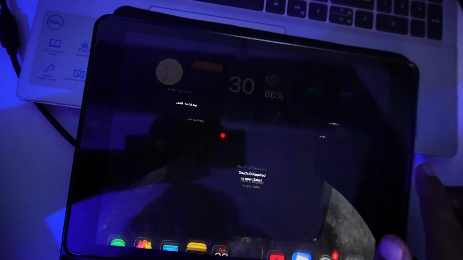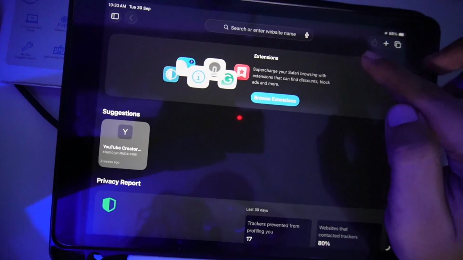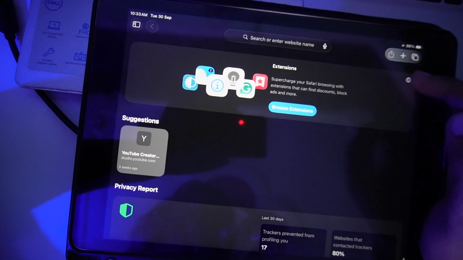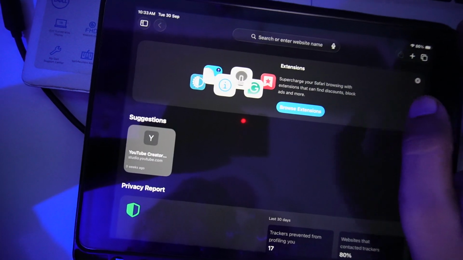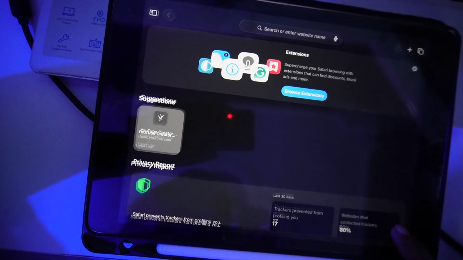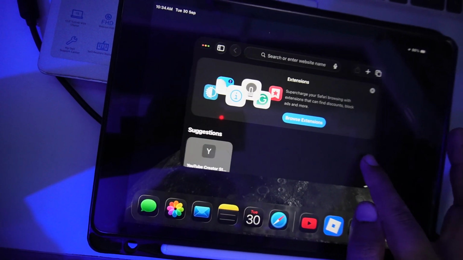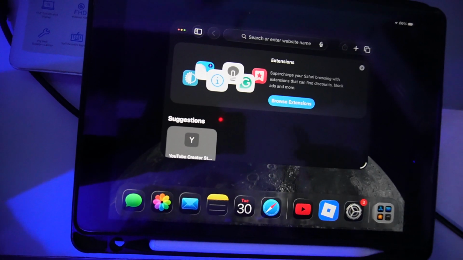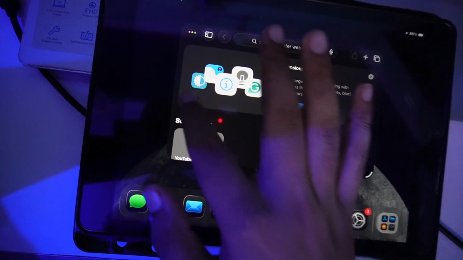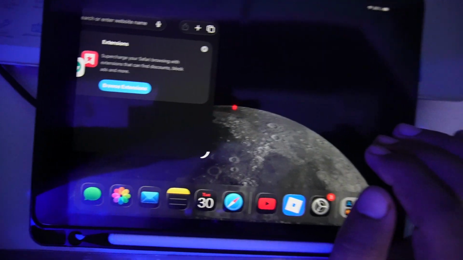So like if I want to use this browser as a window, then you just have to slide from the top corner like this. You can slide from the right bottom corner, and you can make this application any size as a window. And now you can keep it anywhere on your screen.